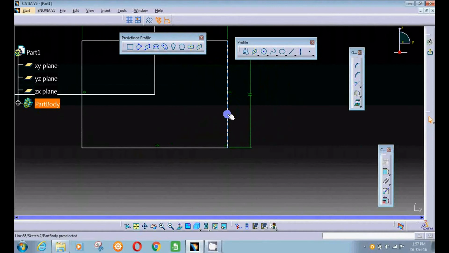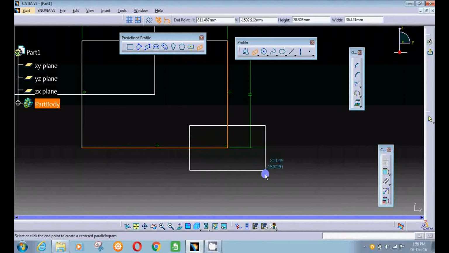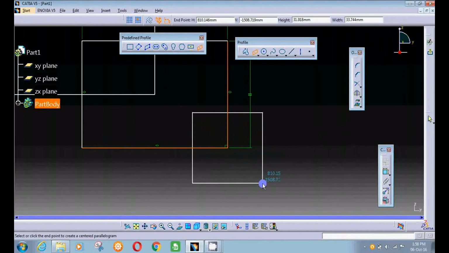I have this line and this line which intersect here. Then I take the command, then choose the first line, then the second line. Now the center of the rectangle is here, and all the lengths you can give in the sketch tool.